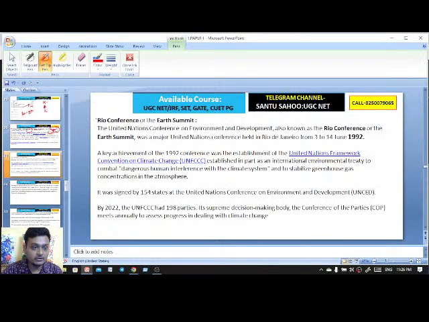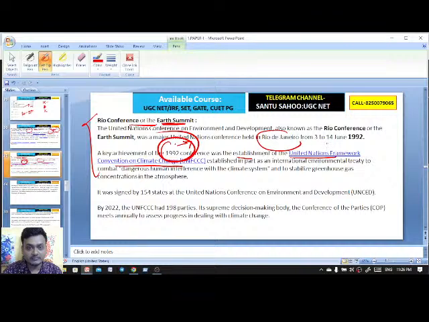We have Rio, that is 1992, and a key achievement of this 1992 conference was the United Nations Framework Convention on Climate Change. The Rio Conference, also known as the Earth Summit, took place in the city of Rio de Janeiro from 3rd to 14th June 1992.